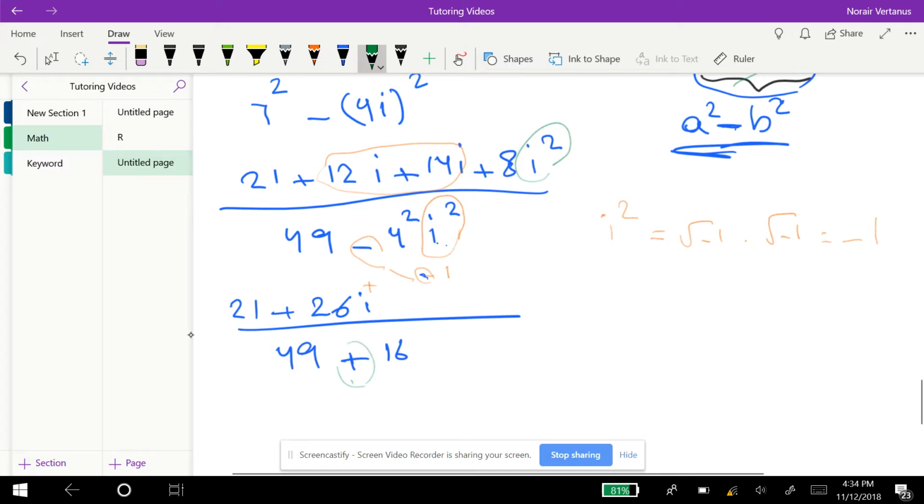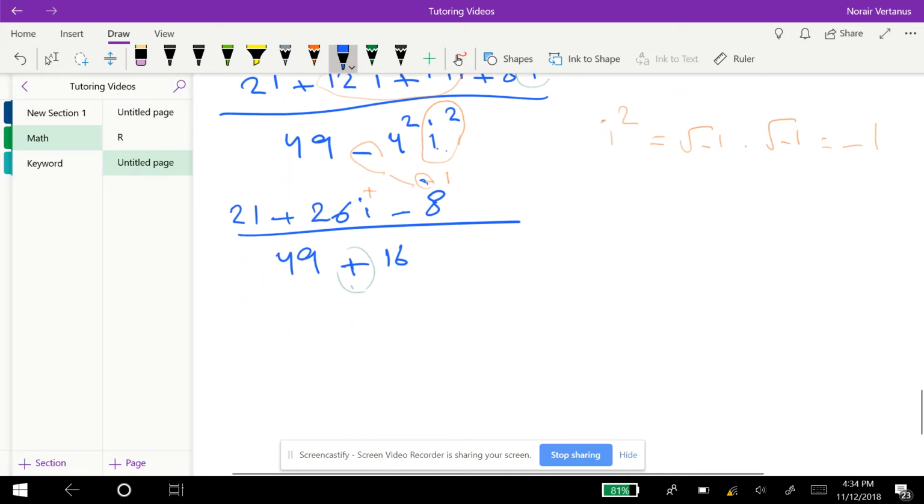Negative 1 times 8 is going to be negative 8, so it's going to be minus 8. Again, that's going to simplify to 21 minus 8, which is 13, plus 26i, divided by